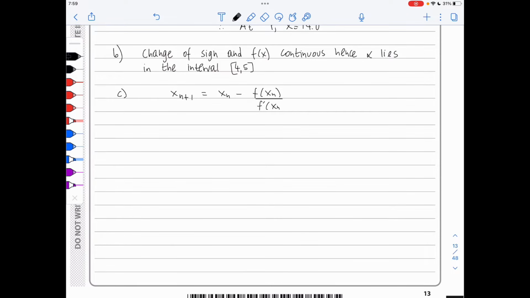So we have that x naught is 5 and therefore x1 is 5 minus (8 sin(5/2) minus 3 times 5 plus 9) over (4 cos(5/2) minus 3), and this gives an answer of